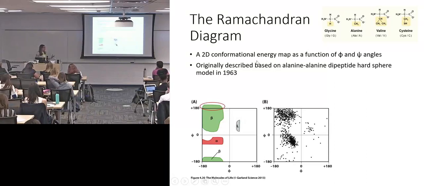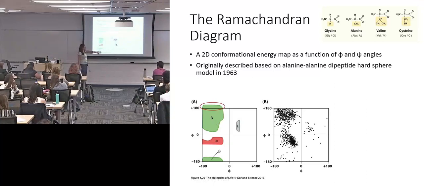How this was basically done is looking at a bunch of proteins, okay? Analyzing a whole bunch of proteins and figuring out in an alpha helix what were the phi and psi angles, right? Looking at a bunch of beta sheets, what were the phi and psi angles of those atoms participating in a beta sheet? And so what was essentially assembled is regions of angles that alpha helices will most likely form, beta sheets will most likely form. This is left-handed helices, okay? And everything in white is combinations of angles that cannot happen through literal steric repulsion, where atoms can't occupy the same physical space. So those are